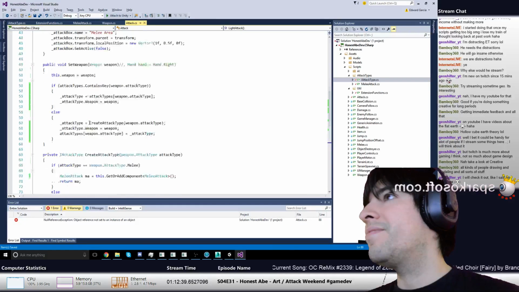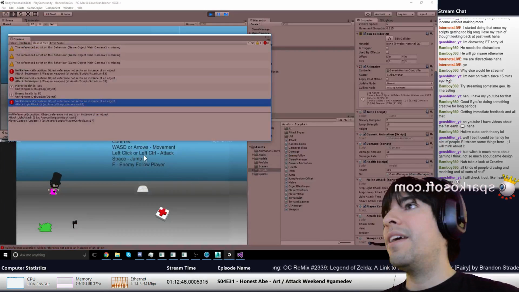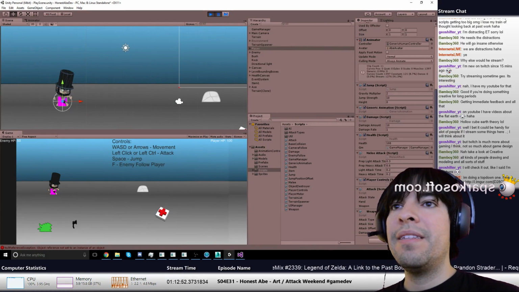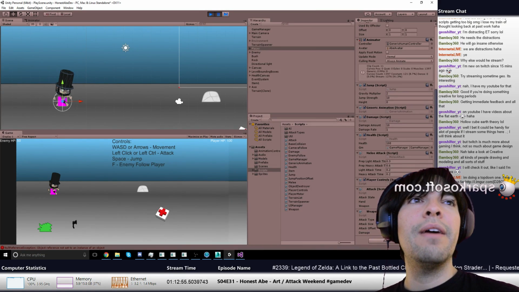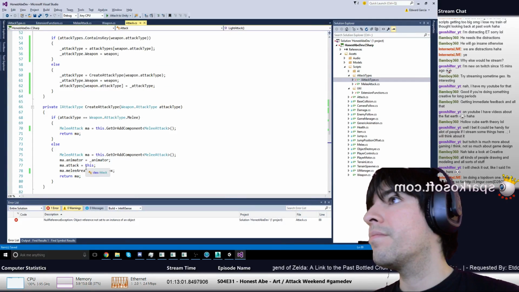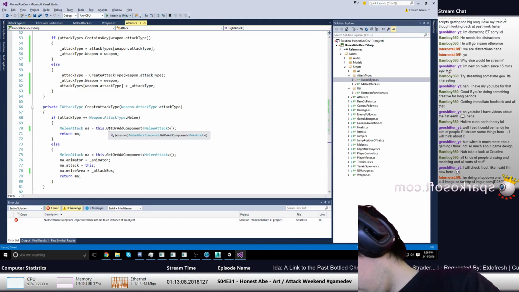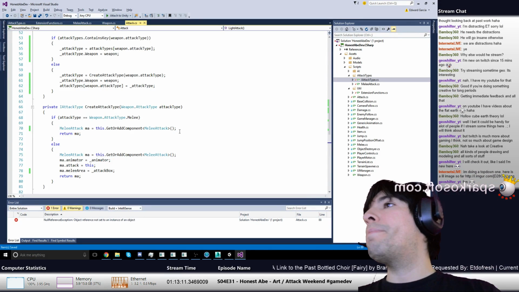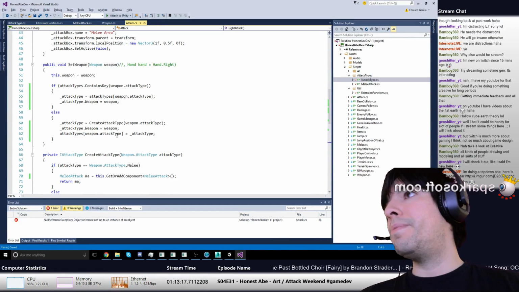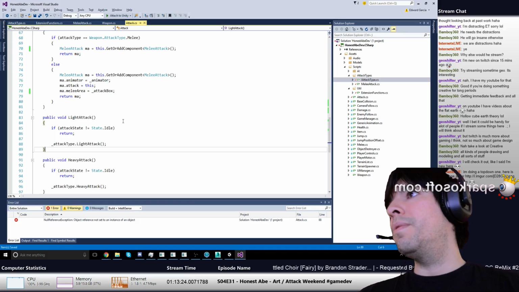Let's take a further look. Alright, well, I'm going to pause this, close this out. You should have a weapon, a melee weapon, so player is totally a weapon. Cool. So you're totally a weapon. You should have a reference to that weapon, right? Attack type. I don't see why not. But when I actually do the light attack...